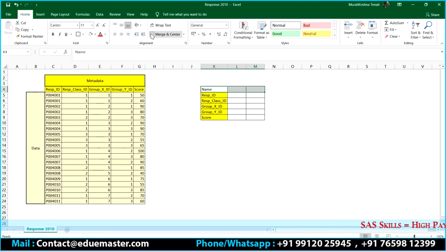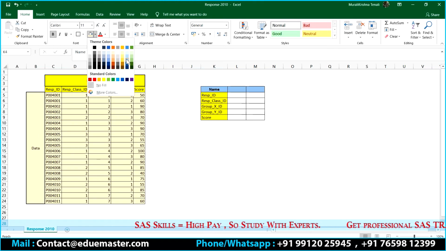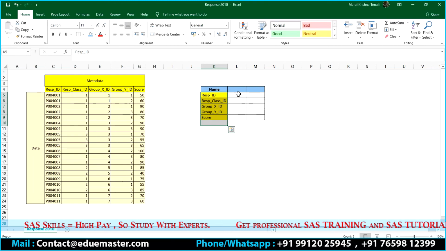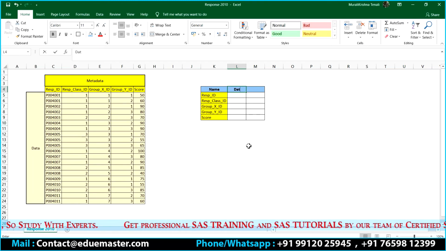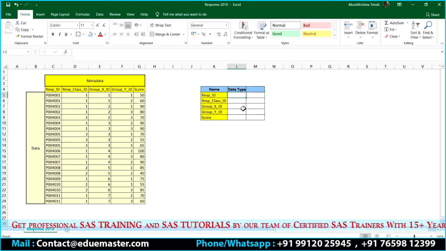Generally, what does metadata consist of? The first thing is it is going to have some name. These are the names, you can see it here. It also has the data type. What kind of data are you storing there?